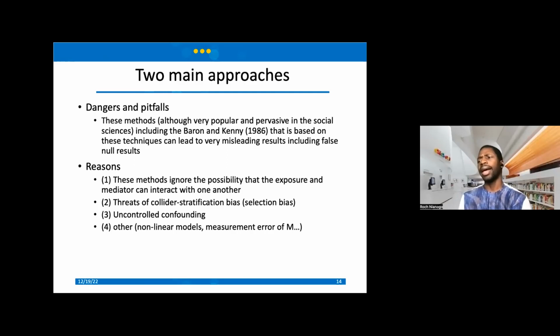And then lastly, one important thing here is that these methods work great, especially when you have a linear system, a linear model, like a linear regression model, but not so well when you are moving into the realm of a multiplicative model, like a logistic regression model, like a Poisson model, or other more complex models, right? So it's a little bit limited when we move beyond the linear system.